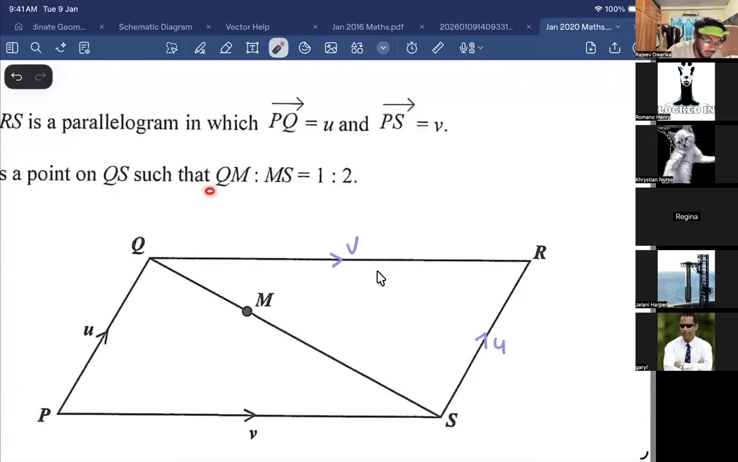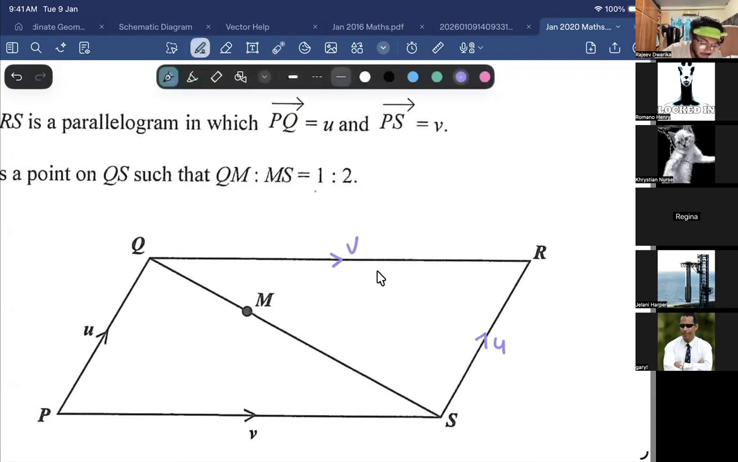They're saying QM to MS is 1 to 2. What does that mean? Okay. Q to M is 1/3 and M to S is 2/3. Perfect. That is correct. Now, if you add up 1 and 2, you'll get 3. And what that tells you is that